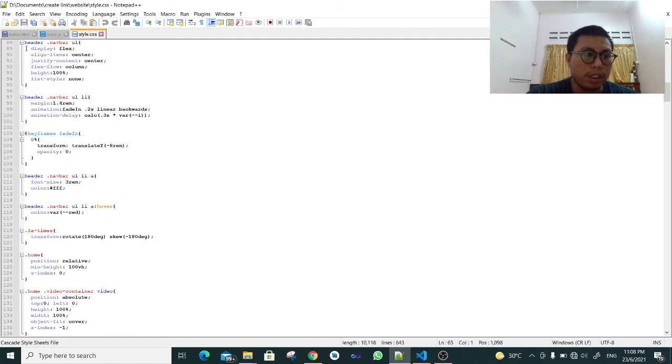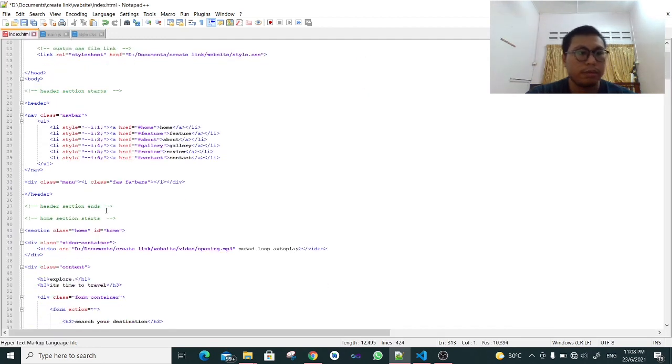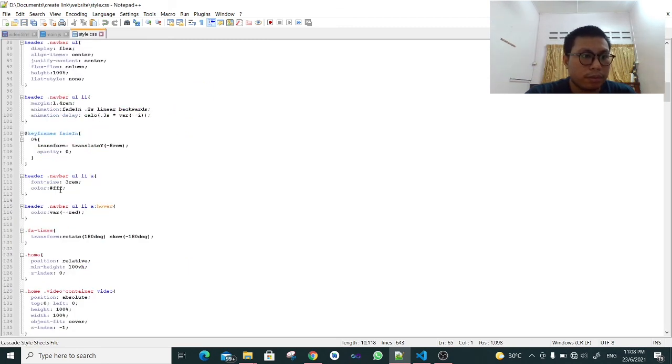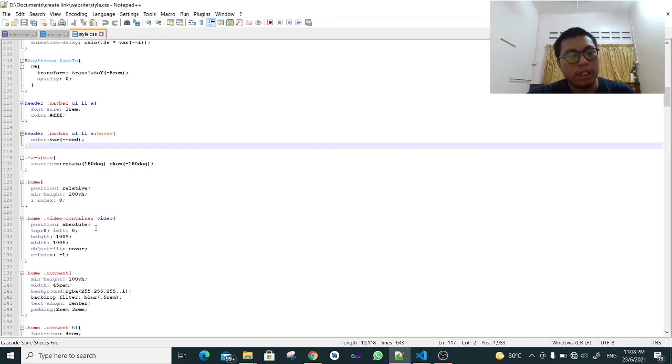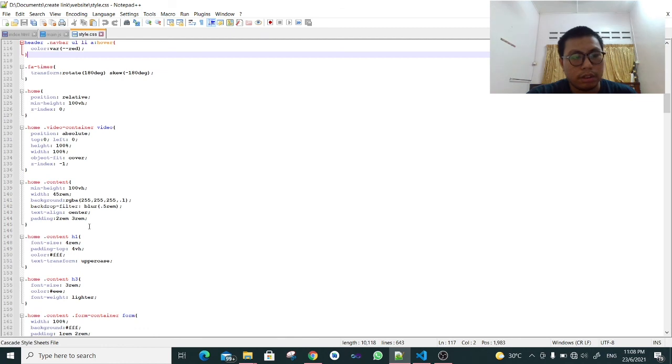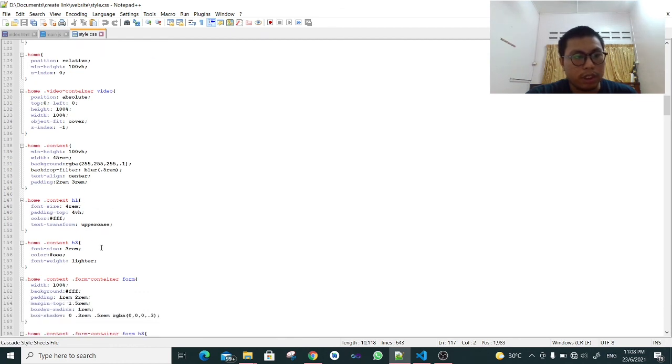So the keyframes, header navbar UL LI, header navbar UL LI hover, FA times, home video container video, home content H1, home content H3,